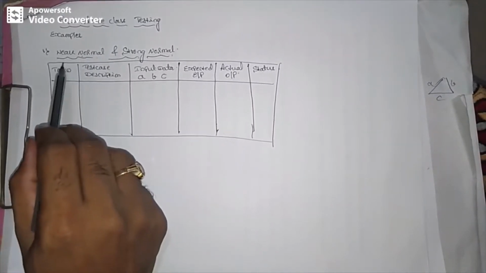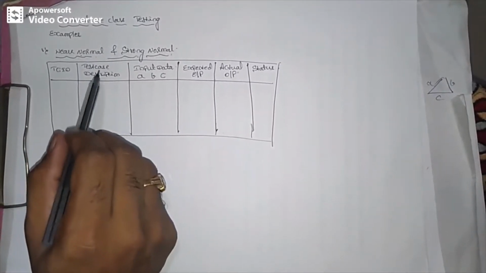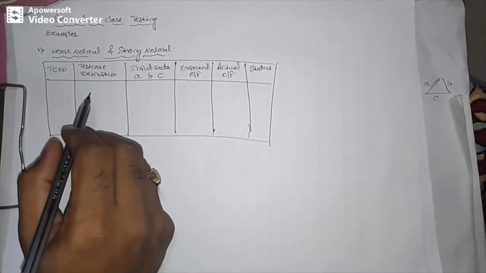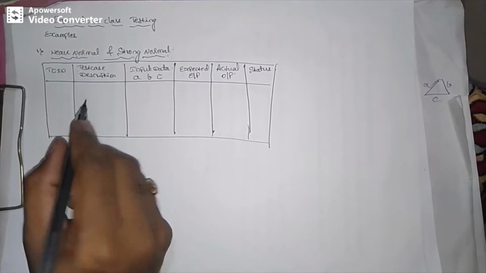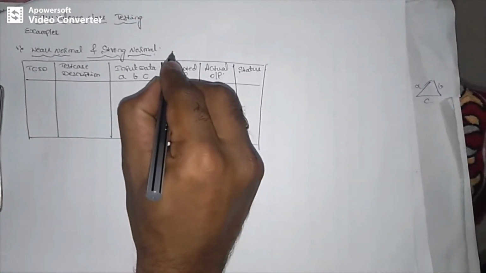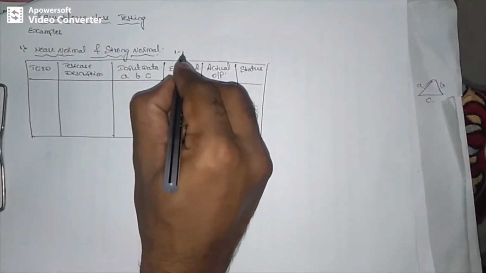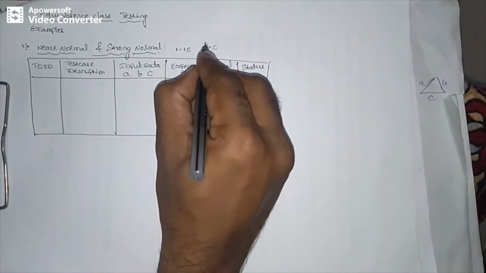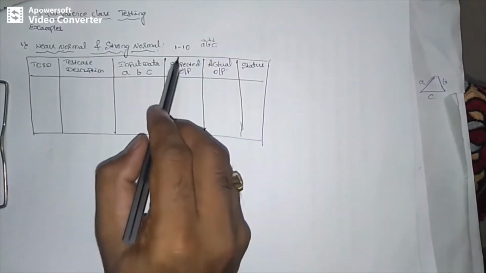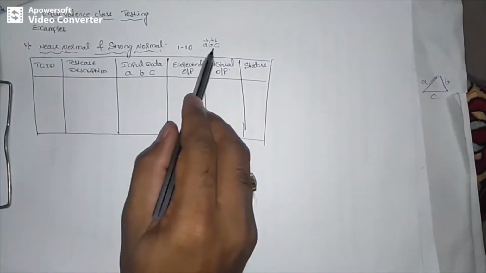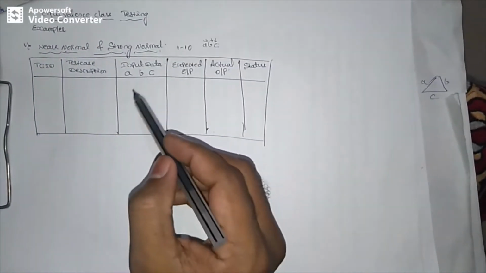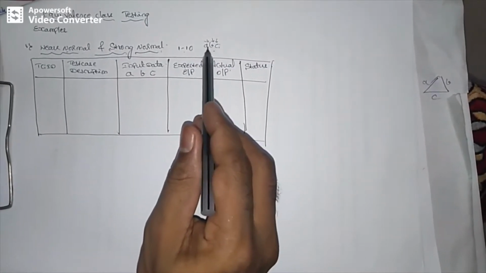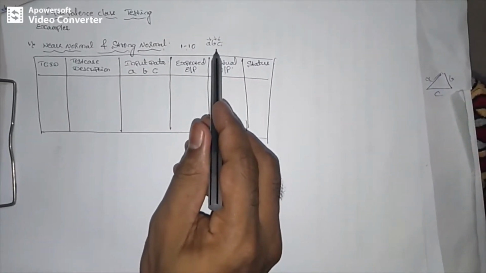In this example, we will start with the triangle problem. For a given triangle problem, the lower limit and upper limit are 1 to 10, and A, B, C are the three inputs of the triangle. Based on these specifications, we need to check the possible outcomes we are going to generate.